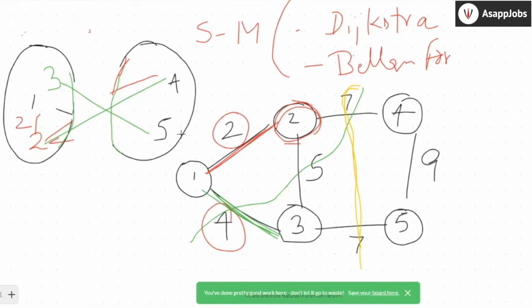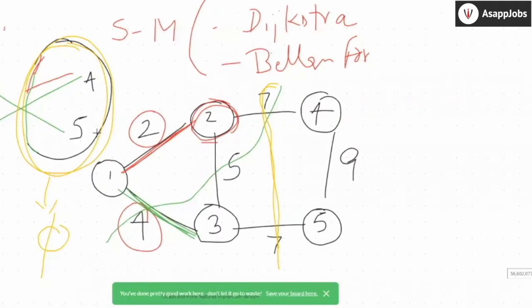Here again you pick the minimum weight edge. Since the weight is same here, you pick any of the edges, and then you add that vertex on the left side, and then you do the same. You do this till your right subgraph becomes empty. Once this becomes empty, then you will have your answer. So always you pick the minimum weight edge in the cut. Okay.